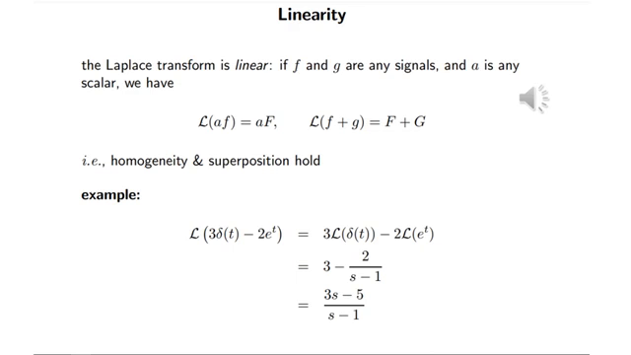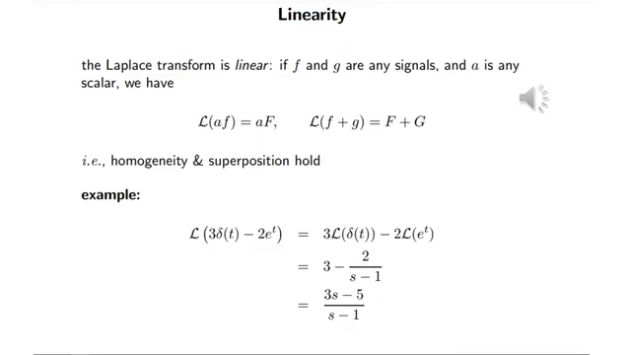Let's take the example of linearity and Laplace transform here. Let's say the function is 3δ(t) minus 2e^t. Then the Laplace transform will be applied separately on 3δ(t) and separately on 2e^t. So if we apply Laplace transform on the first function, 3δ(t), 3 comes out of the function, and Laplace transform will only be applied on the delta function, and we know that Laplace transform of a delta